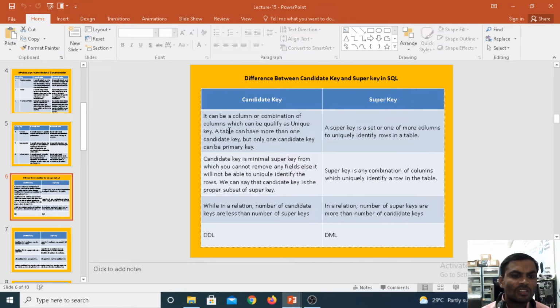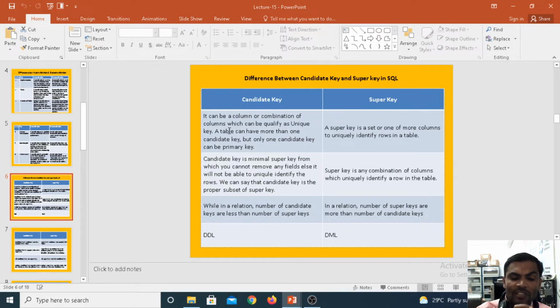The candidate key definition: it can be a column or a combination of columns. The combination of columns can be uniquely identified with the help of unique key constraints; then only we call it a candidate key. In a single table, we can declare more than one attribute as a candidate key. If you declare more than one attribute as a candidate key, then we can call it a composite key. When you define a column or attribute, the unique key constraint will work only at the table level.